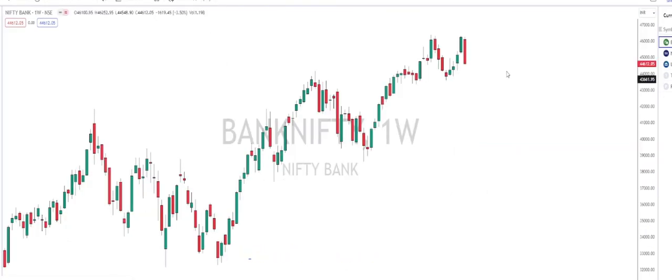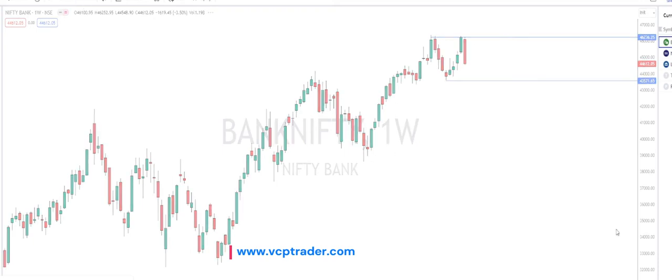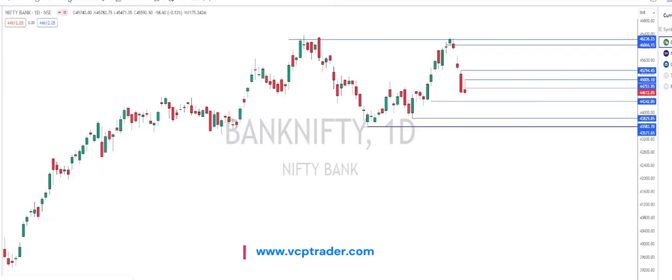Now let's look at Banknifty. Banknifty's weekly candle is also worse. It turned exactly from the resistance, so kind of made a double top here, and so the bottom of 43,571 is going to be very, very important. So it looks like it will reach there by the size of this candle. And daily chart is also pretty bad to look at. We're going to fall further today,